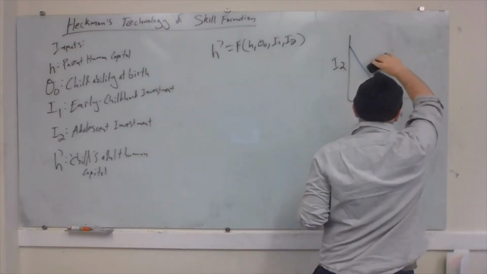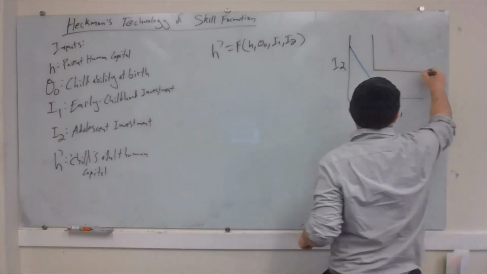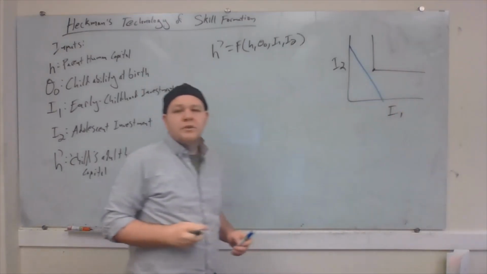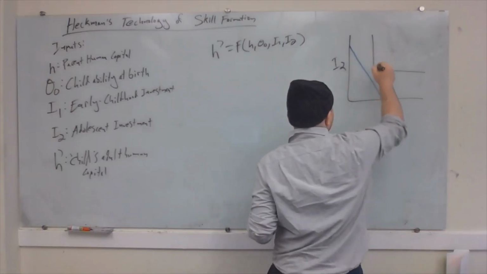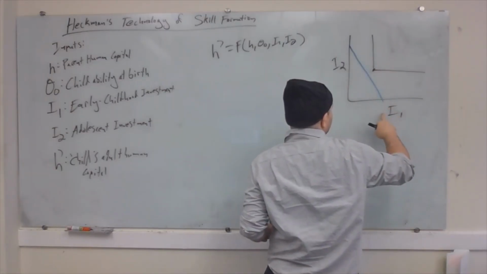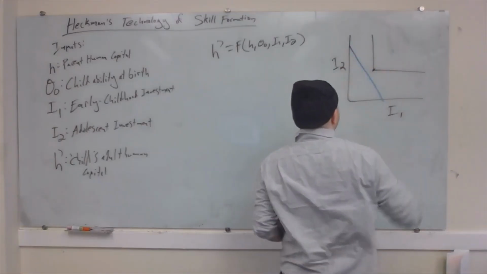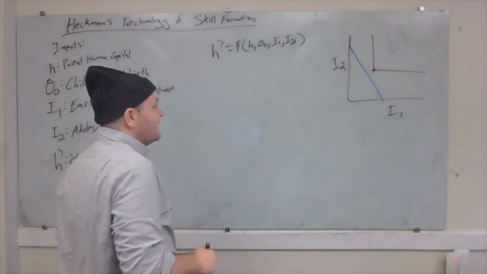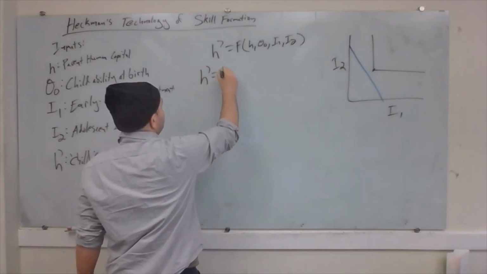Those lines are supposed to be straight, not the scrawlings of a deranged person, right? What if I had an isoquant that looks like this? So that there's absolutely no amount of later life investment that would compensate for losing some early life investment, and absolutely no early life investment that would compensate for insufficient later life investment. From a functional form perspective, what this would mean is we'd have something like H prime is equal to H